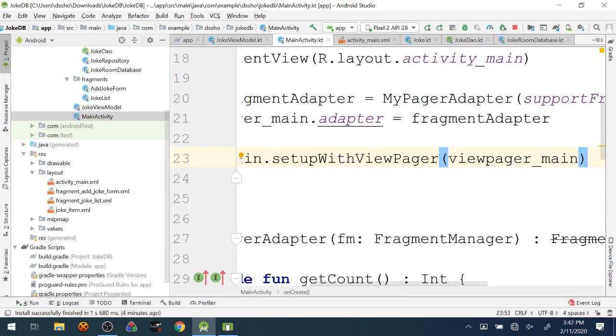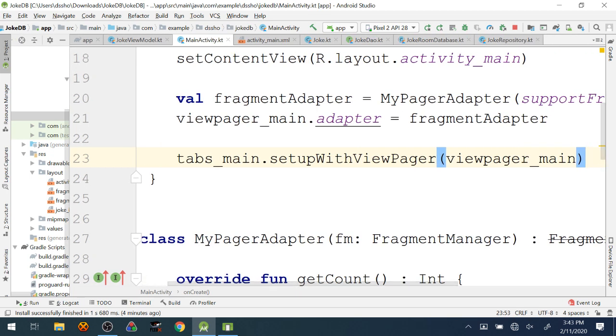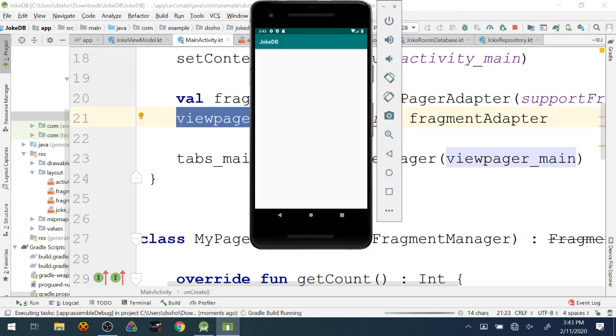Yeah, that's why I was staring at a blank screen. I didn't type in these last few lines to properly set up the tabs. I need to make an instance of my adapter, pass that to the view pager, and then pass the view pager to the tabs view. And now if we rerun this, I'm a little more optimistic that it might actually do what I intended for it to do.